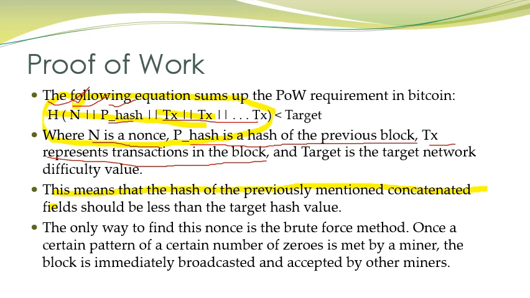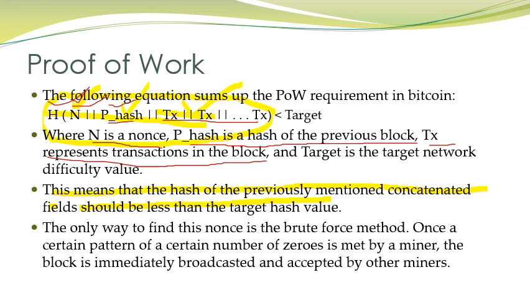These fields are the nonce, the hash of the previous block, and then the transactions. By combining these various fields we calculate the hash, and this hash value should be less than the target hash value. And if this hash value is less than the target value, then that means this proof of work